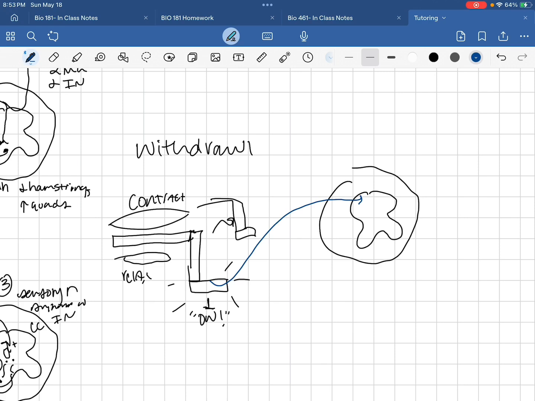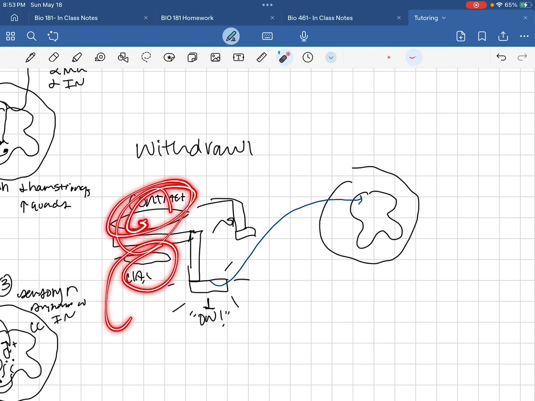Okay, so the flexor muscles are going to be stimulated to contract, and then the hamstrings and the hip flexors, once you step on the tack, it's going to excite. And then you're going to just move your weight to the opposite side. So your flexors contract and the flexors also relax. So the flexors on the foot that got stimulated are going to contract so that you can move this leg in order to,